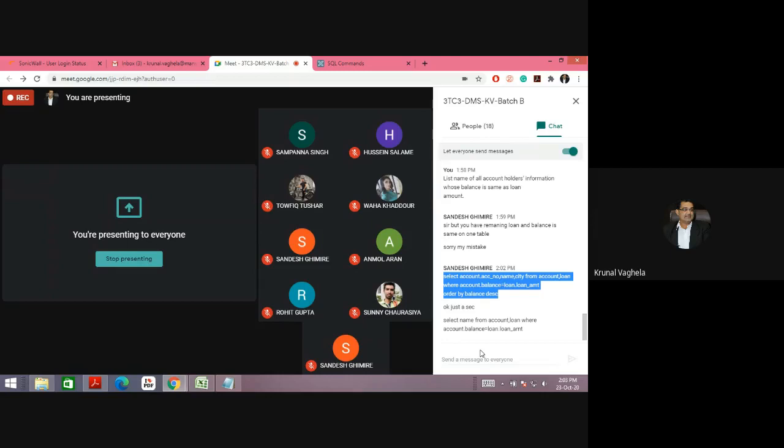Exactly. Select name from account, loan where account dot balance is equal to loan dot balance.